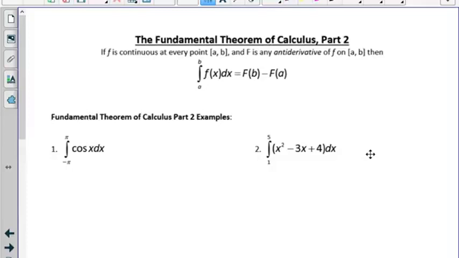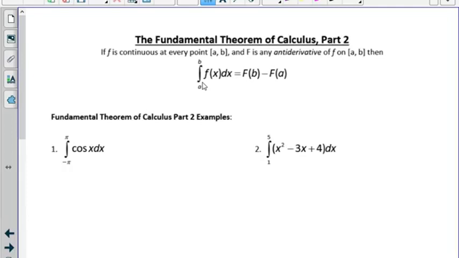This video is on the fundamental theorem of calculus part 2. So hopefully you watched the fundamental theorem of calculus part 1, and now you can get a hold of part 2. So basically what we're doing is we're looking at this second part of the fundamental theorem of calculus, which says if f is continuous at every point on the interval a to b, and capital F is any antiderivative of f, then the integral from a to b, which we will call the definite integral,